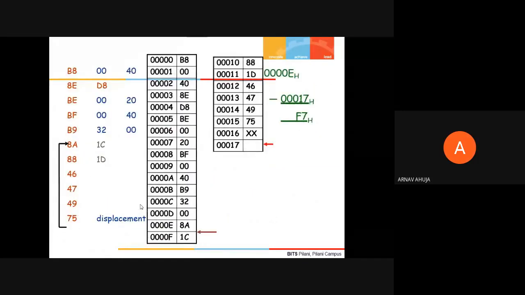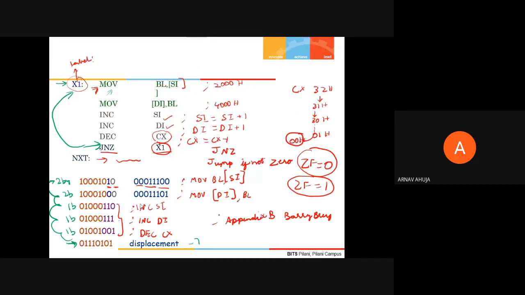Sir, I had a small doubt. You said that JZ performs its action when the ZF turns 1. If ZF turns 1 due to some other reason, then CX being 0... No, there is no such reason. That's why we keep JZ exactly after the decrement instruction, so that whatever happens in the decrement instruction will only affect the zero flag, not any other flag. Therefore, JZ will be immediately after the decrement instruction that you are interested in.